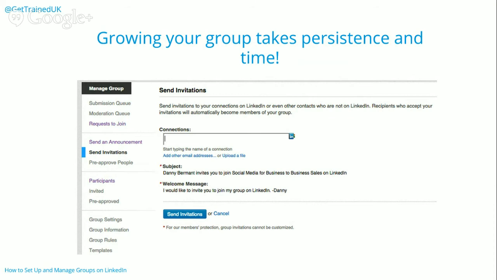As well as just sending invitations, there's something else that I would do that's really, really powerful. Once you've got some discussions up and running, I would actually promote those discussions. One of the things you can do on LinkedIn is, when you post a discussion, you can share that discussion. So take discussions you've posted, share them on your status updates,